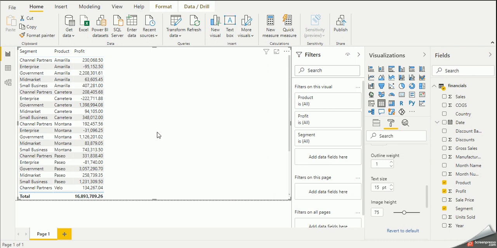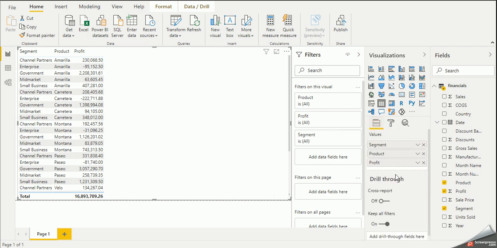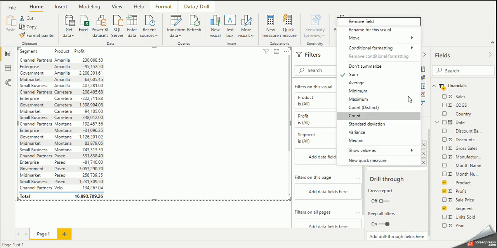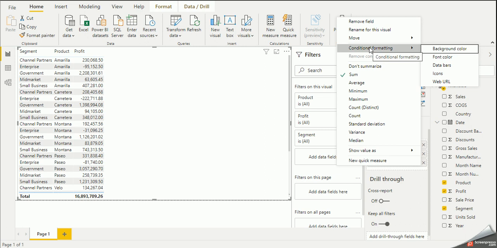For the next step, you can see that we have all the columns available here. It's a very basic and simple tutorial. I will explain the details of how we can do other stuff in later videos, but right now we will do just a simple example. You can see conditional formatting, and we have a background color and a foreground color.